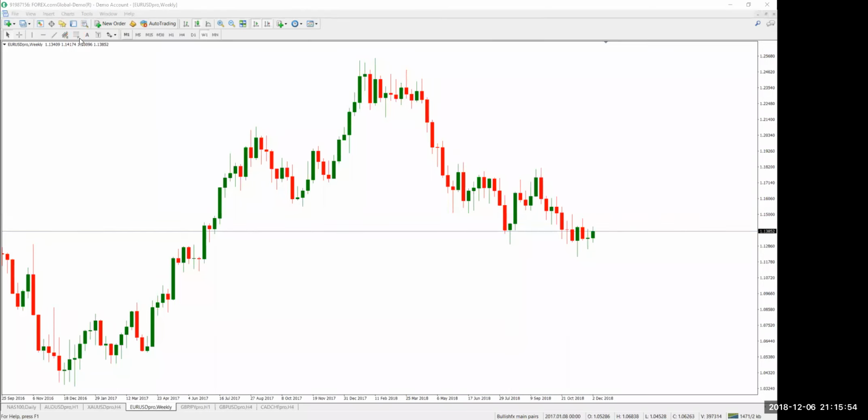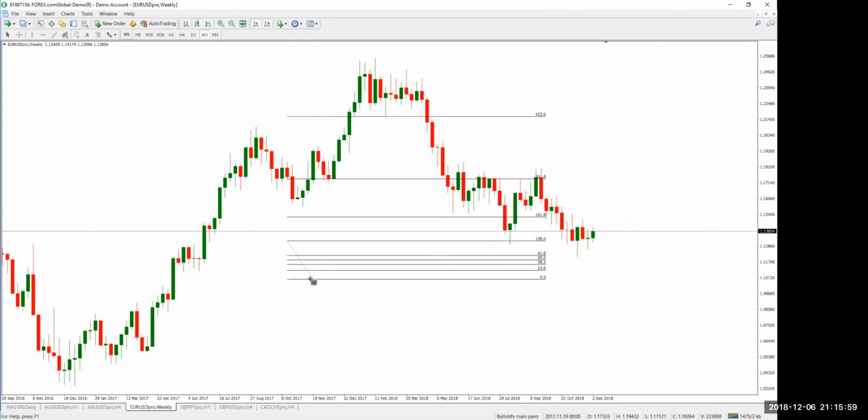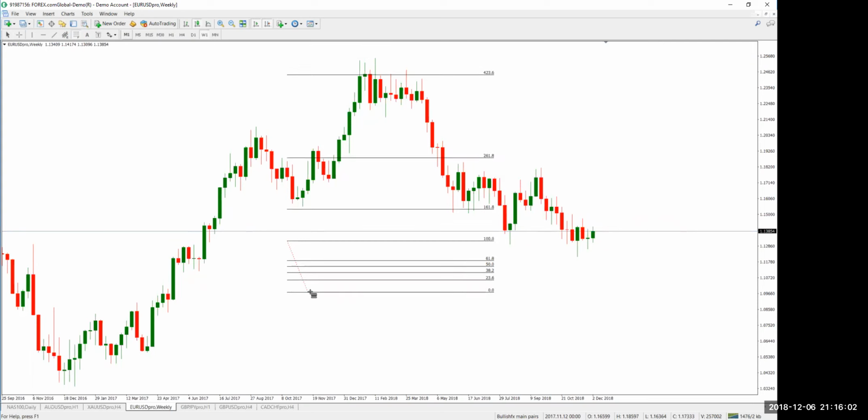Now, I'm just gonna draw a random fib so that you guys can see. I don't know if you can see my levels, the 0, the 23%, the 38%. Can you see those guys? From the bottom going up, right? Yes. 23.2, 50, 61.8. Those are the fib levels that we are gonna get rid of,